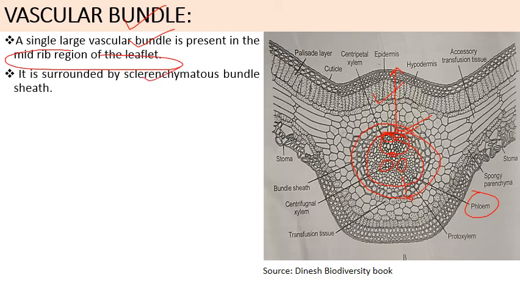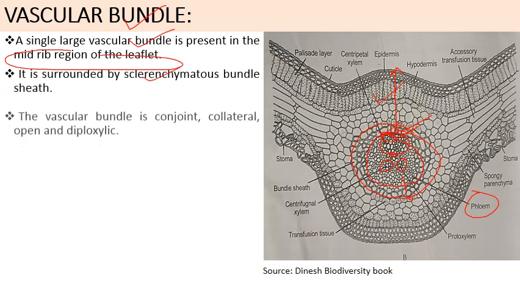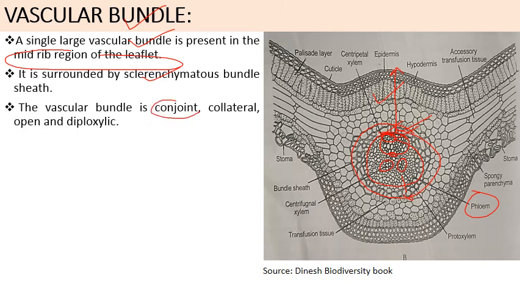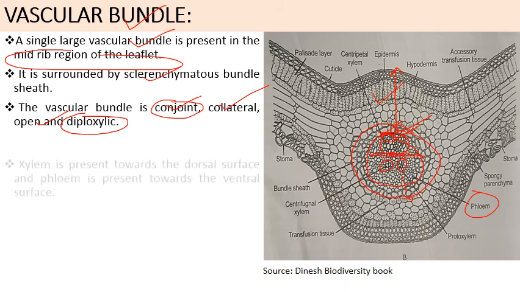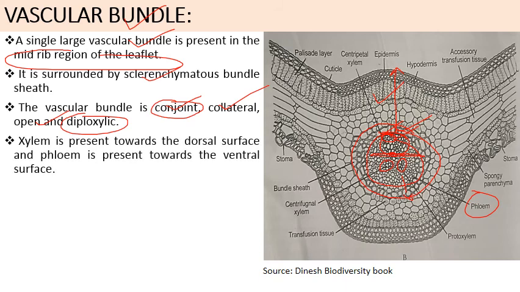it is surrounded by a sclerenchymatous bundle sheath. इसके बाहर bundle sheath present होती है. The vascular bundles कैसे होते हैं इसमें: conjoint, collateral, open and diploxylic. Open means this xylem and phloem also contains a cambium ring or cambium layer in between the xylem and phloem. So xylem is present towards the dorsal surface or upper surface while the phloem is present towards the ventral surface